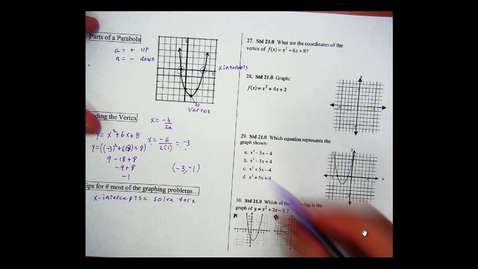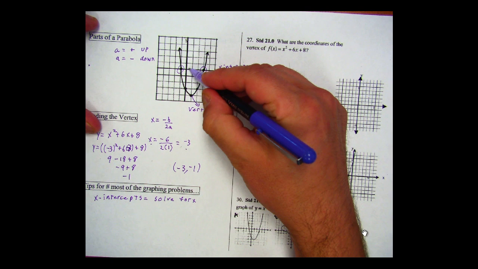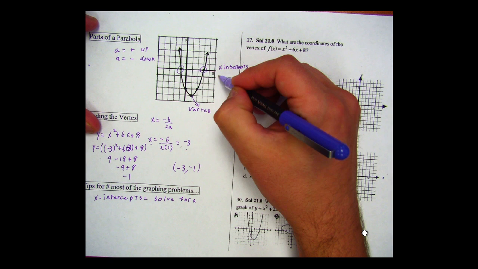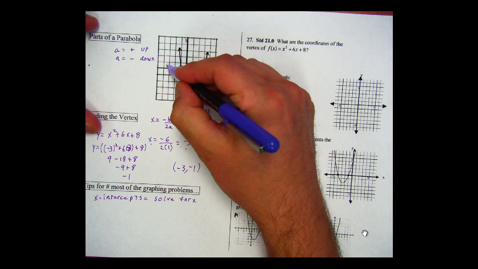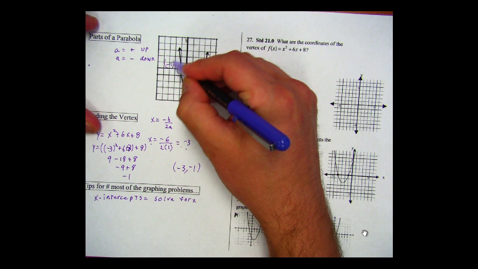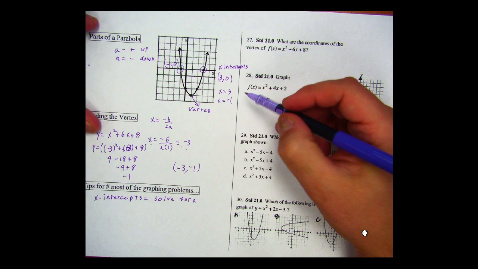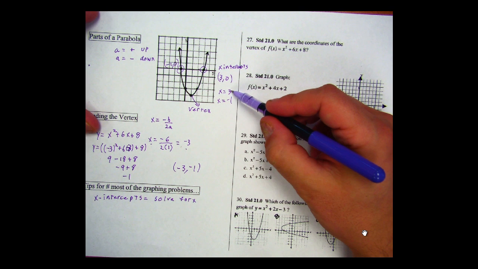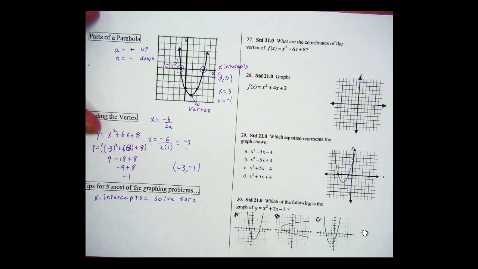The x-intercepts are where the line crosses the x-axis, so we know here on this one the x-intercepts are going to be (3, 0) and (negative 1, 0), or x equals 3, x equals negative 1. If you can solve your quadratic and get that, then you know that this is the graph that matches that